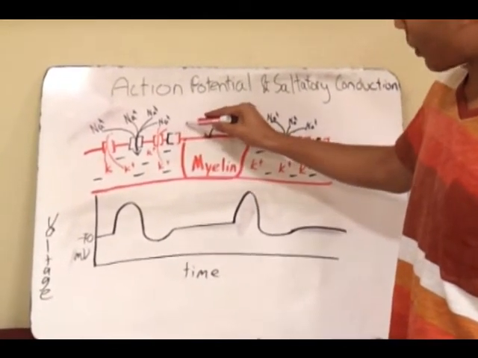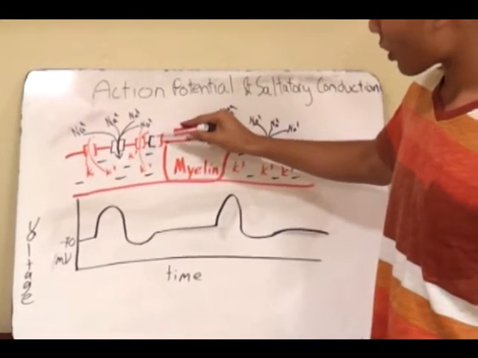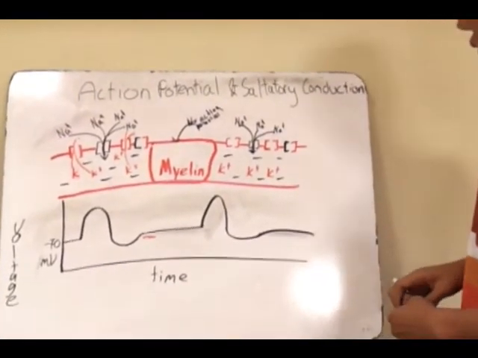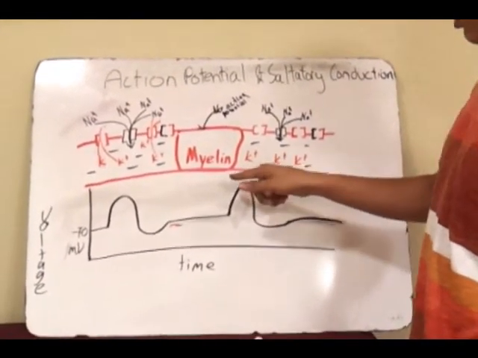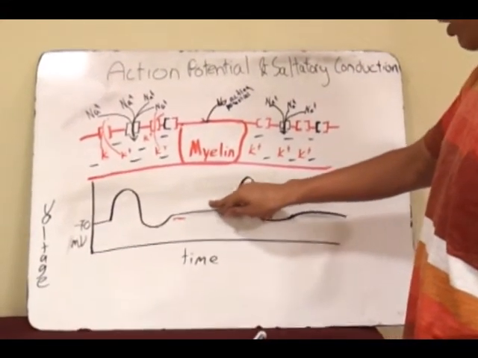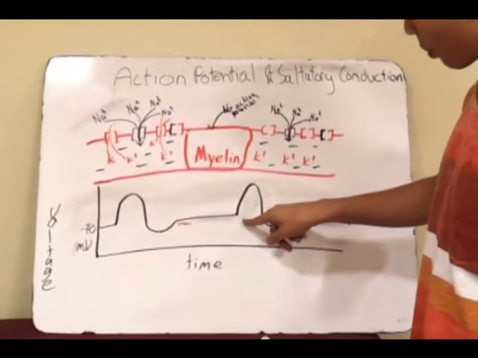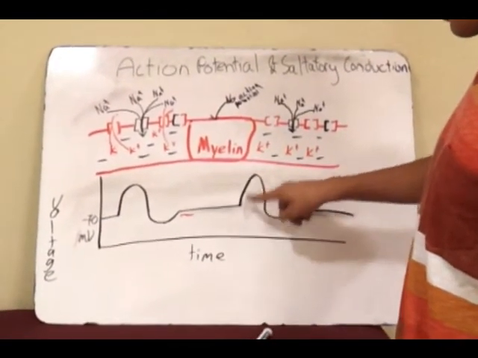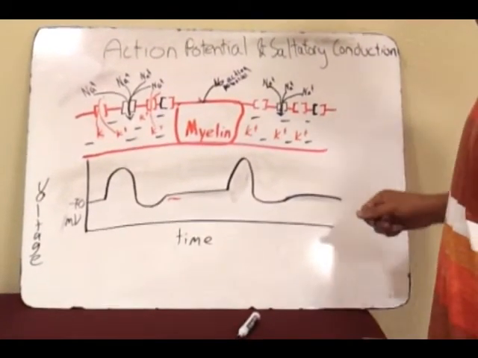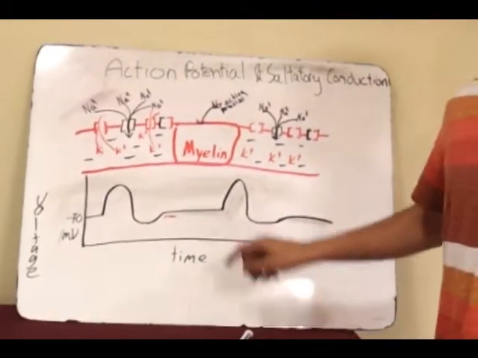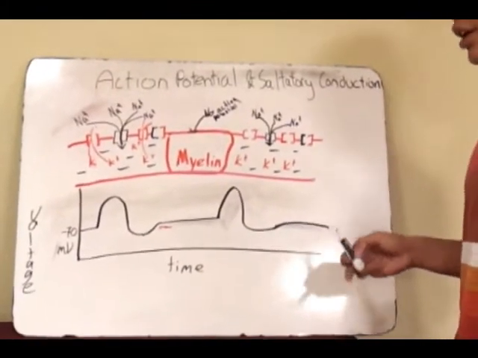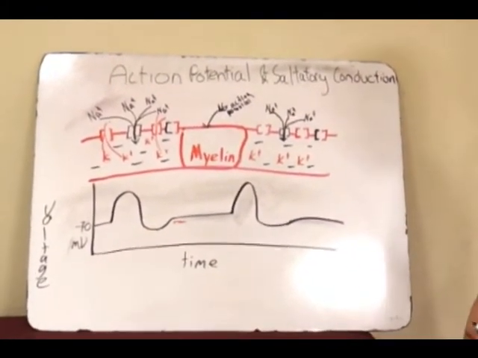resetting this resting potential. And what happens is, in a space where it's covered up by the myelin, this signal sort of dies down, but not to a point where it's not positive enough. So when it's not covered by myelin, the next space, this voltage is still positive enough to trigger another action potential. And what this does is it makes it really, really fast, sending multiple signals at one time down the axon to travel a great distance at high speeds.